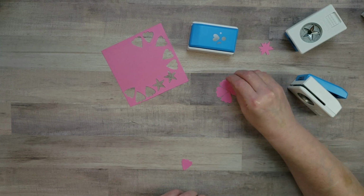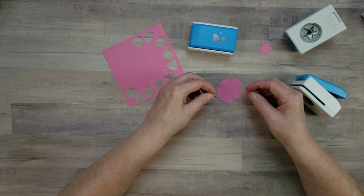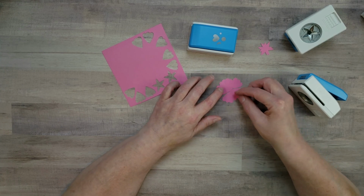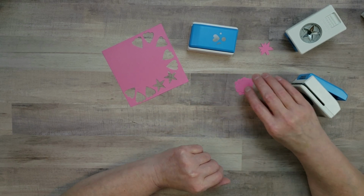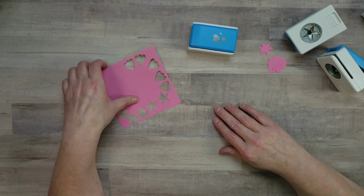And you could alternate it and make it really dimensional. So I don't know, hopefully y'all can get the idea of what I'm going for here, because I'm not really gluing these together, but I just think that would be really pretty as a dimensional flower. I might have to try that on one of my scrapbook layouts, because I love making flowers and using flowers